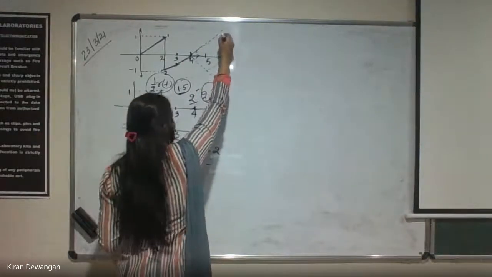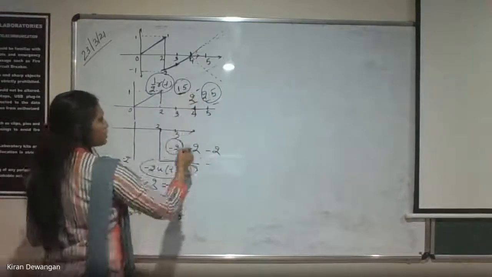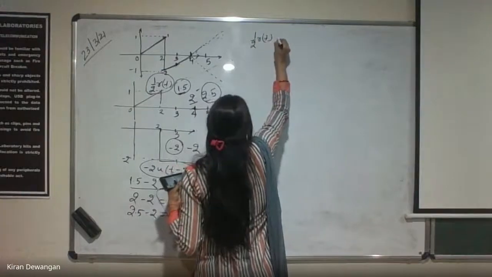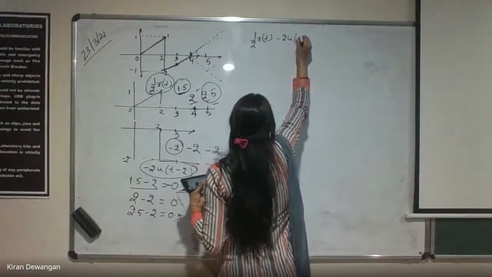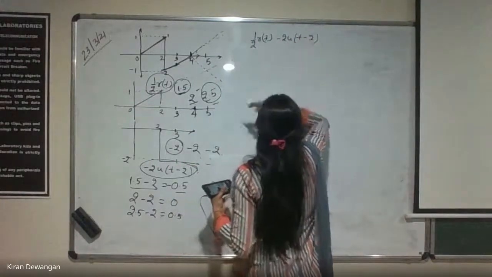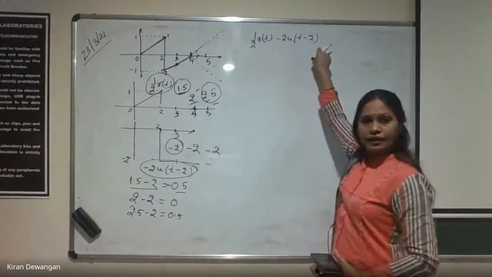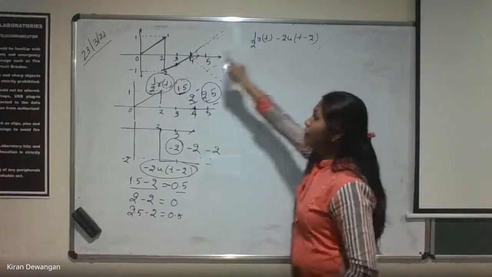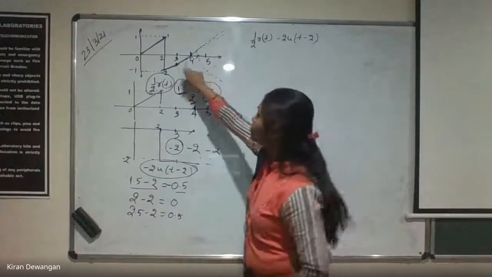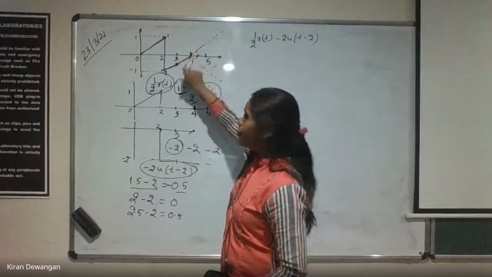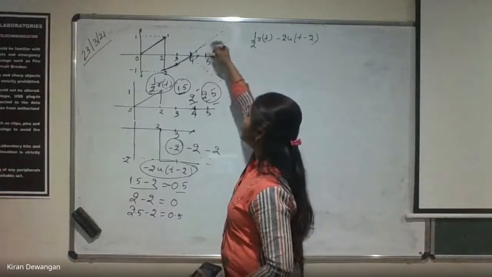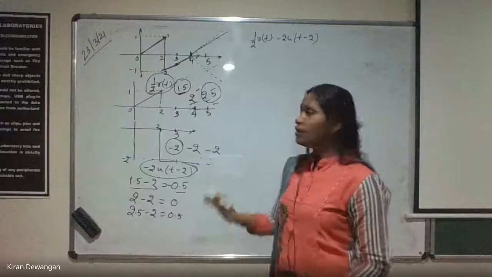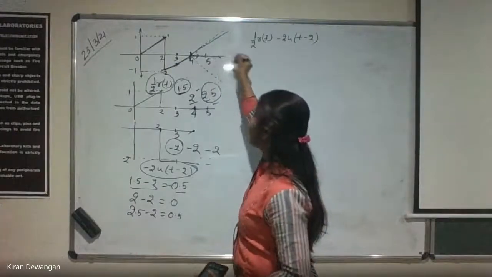ये जो आपका ऐसा बढ़ रहा है by adding these two signals. That is just by adding 1/2 R(t-2) and U(t-2). हमने अभी सिर्फ इन दोनों को ऐड किया है. Clear? So we have added only these two signals, till 4 it is coming proper, जो हमें चाहिए. Correct? But after 4 it is increasing in this direction. That we don't want. We want to have all the values 0.